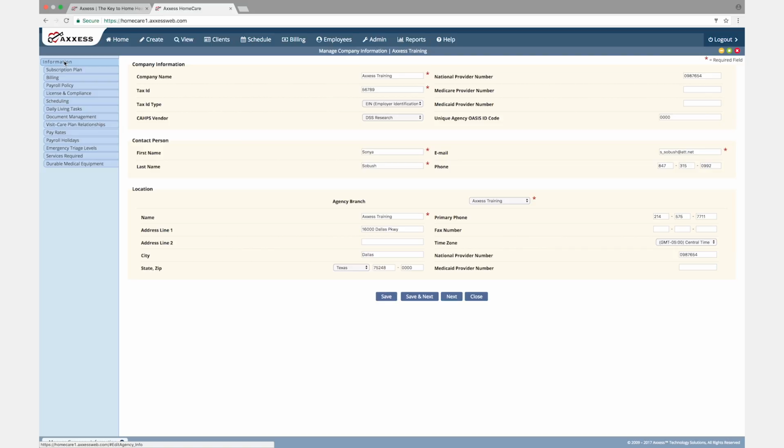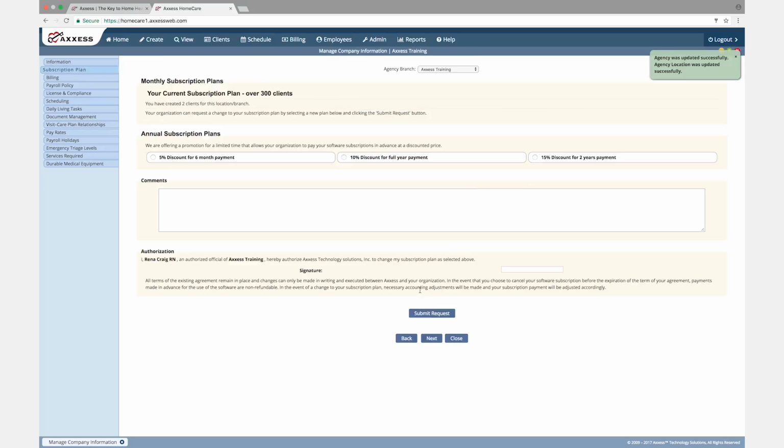So let's get started. The first tab is Information. This is your agency address, NPI, tax ID, etc. Anything with the red asterisk is a required field, so you want to be sure to have those populated or you won't be able to save and move on. You can do Save and Next when you've completed the information, or you can save and click on the Next